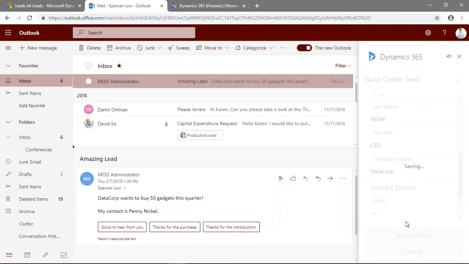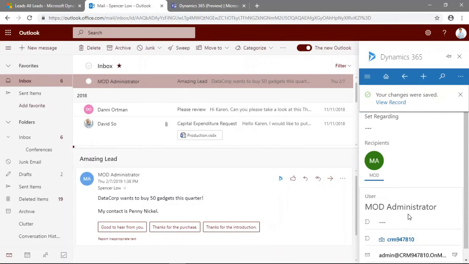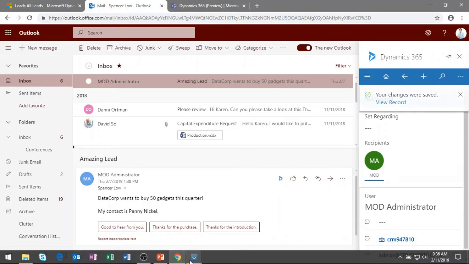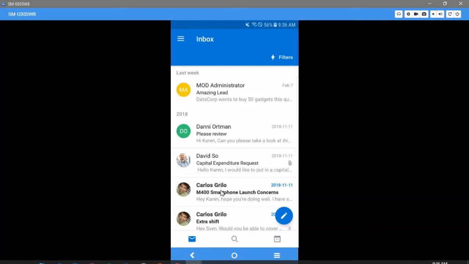And again, save and close, and we're off to the races with the new lead added to our records. Now next up, I'm going to switch over to a mobile phone. In this case, this is an Android phone, but what I'm about to show you here will work on iOS as well. We've jumped over to the Outlook app, the official Outlook app for Android, and again here we can